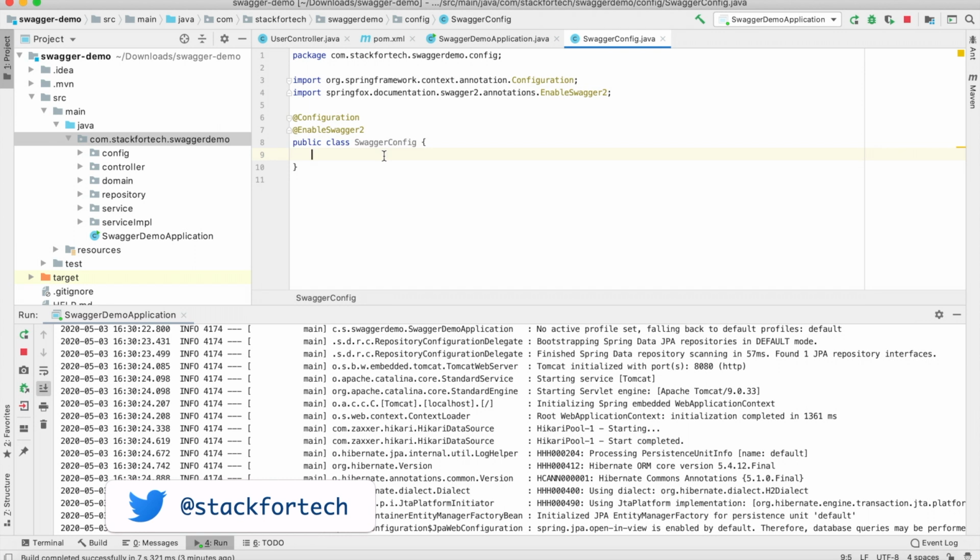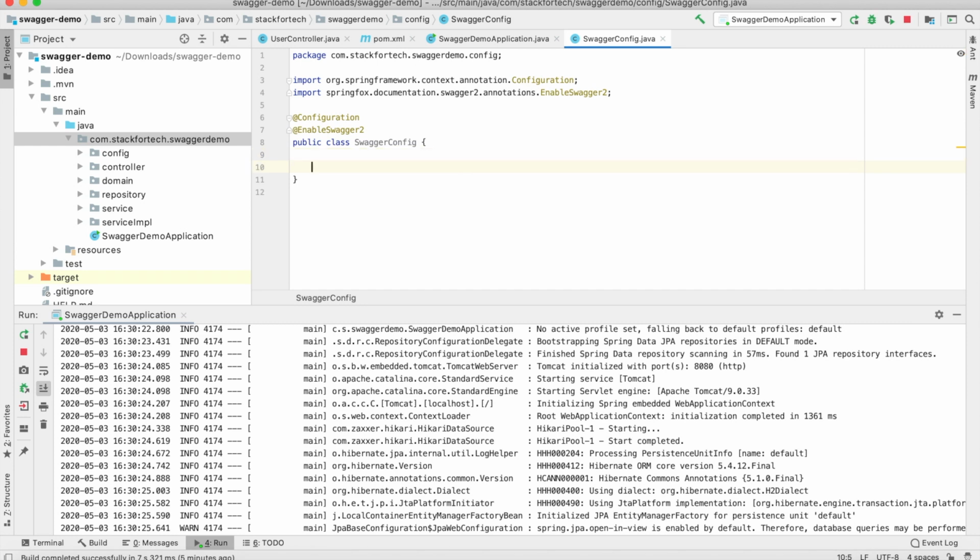Before proceeding, we have to understand one term, which is known as Docket. What is a Docket? In shorter form, it's a brief document or an abstract of a document; that's what Swagger calls it. Basically, for the details of the RESTful API that we want exposed in the UI, we need to tell Swagger that these are the details to show. So now we'll go ahead and create a Docket.